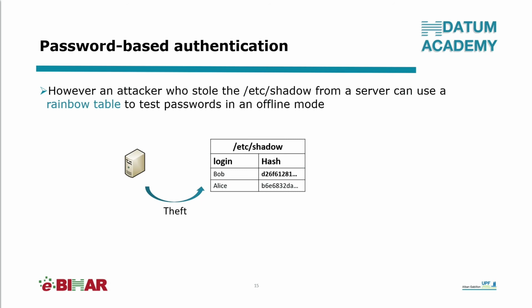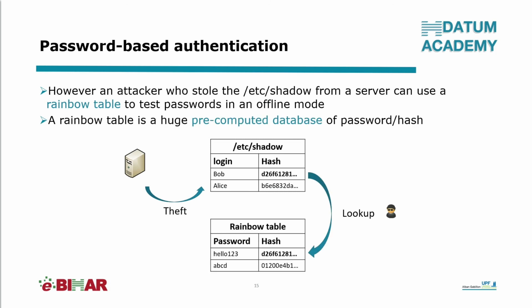Until now, I considered the online guessing attack to a system allowing for an unlimited number of tries. An alternative to online guessing attack is to compromise the authentication system, in a way or in another, steal the shadow file, which contains a pair of login and fingerprint, and try to attack that file in an offline mode.